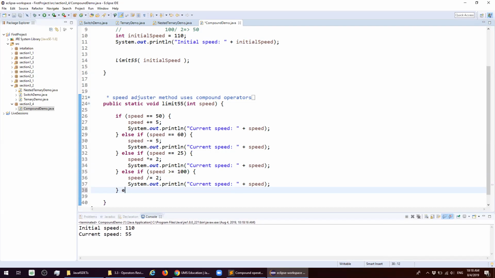Now, the last but not the least, in all the other cases, else, we don't need any condition, because else means all the other cases. What we're going to do is we are going to find the modulus remainder of the speed with our limit. So we're going to create a small local variable. We're going to call it difference is equal to, you can do this, 55 is our limit minus our current speed,